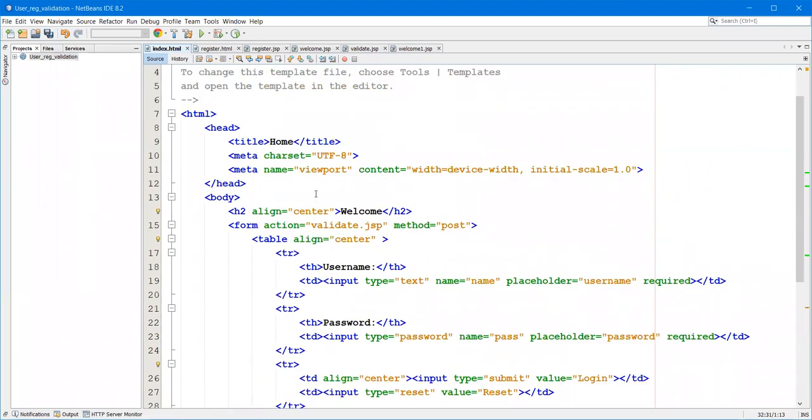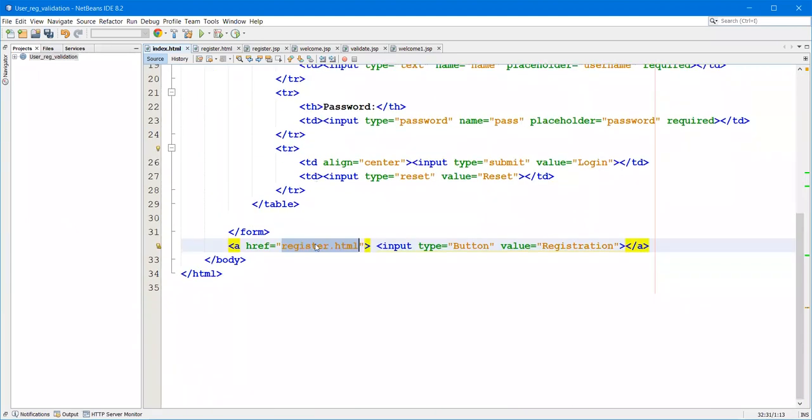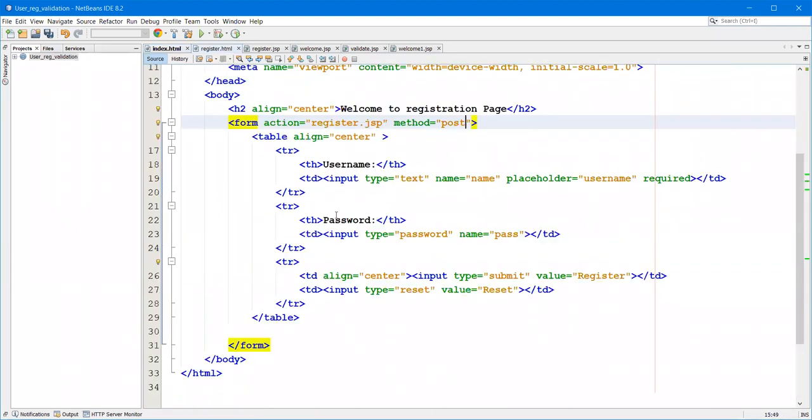First we will see the process of registration. So this is a login page and this is the registration page. We will go to register.html. In register.html, we see the action is register.jsp. Upon clicking this register button, the register.jsp file is going to be invoked, and the request goes to the register.jsp file.